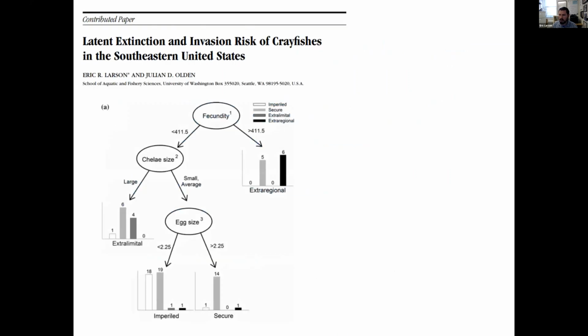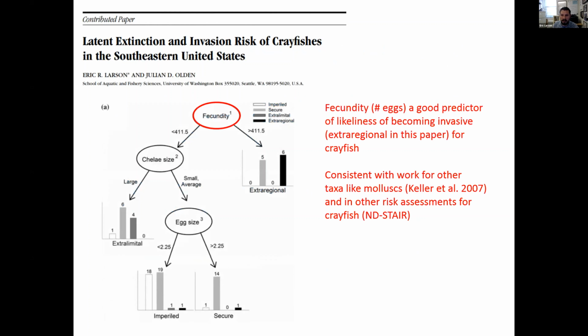So I'll give one example here. I worked during my PhD on trying to predict both invasion and extinction risk of crayfish in the southeastern United States. We used ecological and life history traits for this work. And one of our best traits at predicting risk of invasion for invasive crayfish, what we're calling extra-regional invaders here, things that establish in places very far from their native range, was fecundity. Crayfish that have higher egg numbers per clutch were more likely to have been observed to